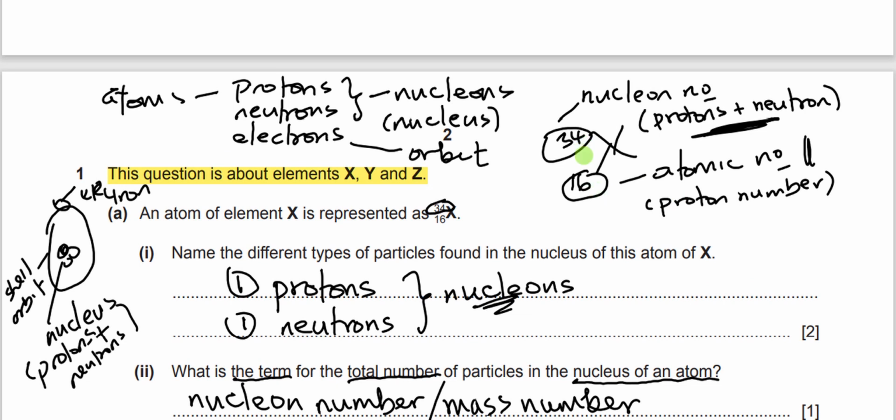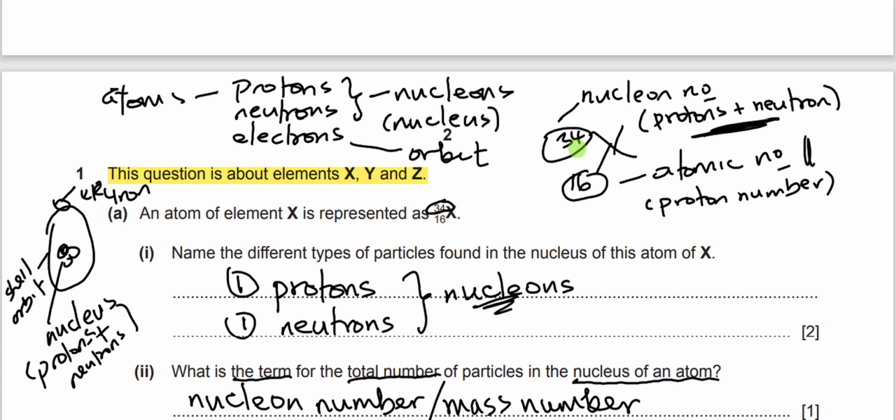No, we have 2 numbers here, 34 and 16, right? 34 represents the nucleon number, while 16 represents the atomic number. The nucleon number is always bigger than the atomic number because it is the sum of the protons and neutrons in the nucleus, right? While the atomic number is only the number of protons present in the nucleus, so we always expect the nucleon number to be bigger than the atomic number, except for hydrogen, ordinary hydrogen,